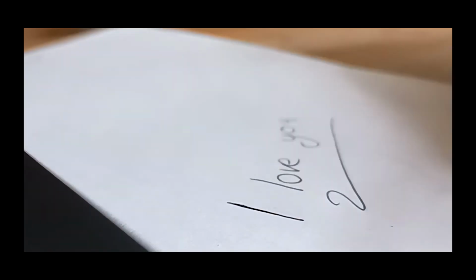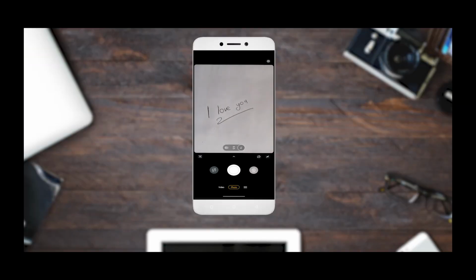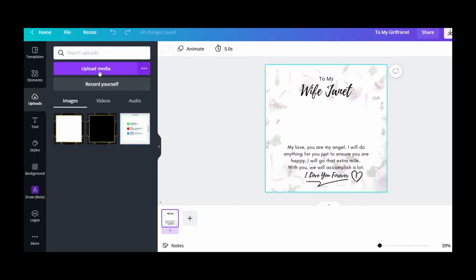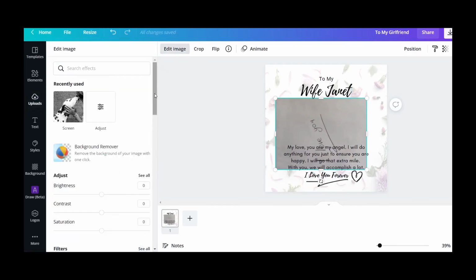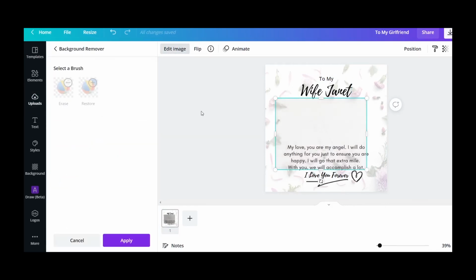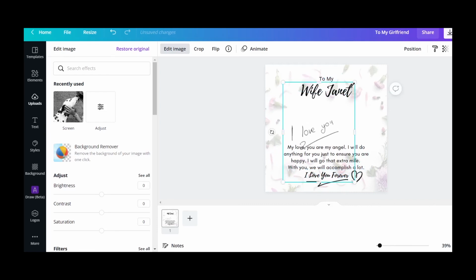If you want, you can offer further personalization. Let's say your customer provides you a handwritten note. Maybe he would have written a note, I love you on a white paper. He would have taken a snap of it and shared it with you. You can even add that to your design. Go to upload section, upload the image sent by your customer, edit image and click on background removal. Voila. After a few seconds, you will have just the scribbling. You can edit the contrast, brightness and make it blend with the other text content. Your design is ready. You can download it and feed it to the Shine-On.